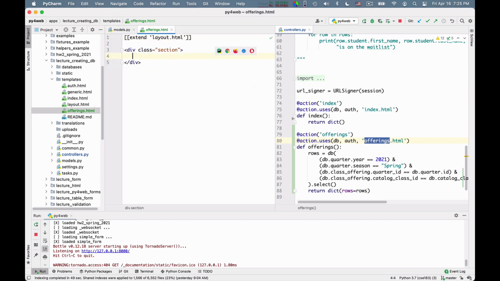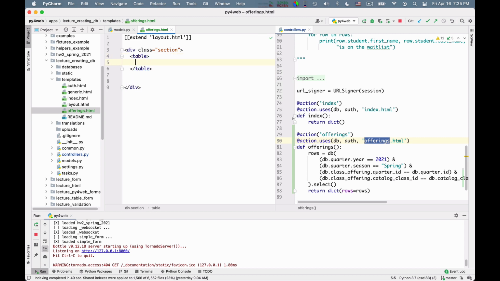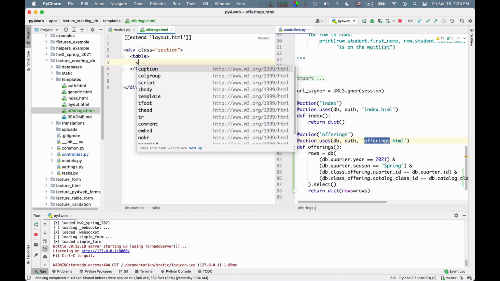Okay, so I want to create a table, and I will create it quite quickly. So I will simply say table. So what do I want to list in the table? I want to list the class number, the class name, the quarter I don't need, it is constant, and then I want to put a button that says register.